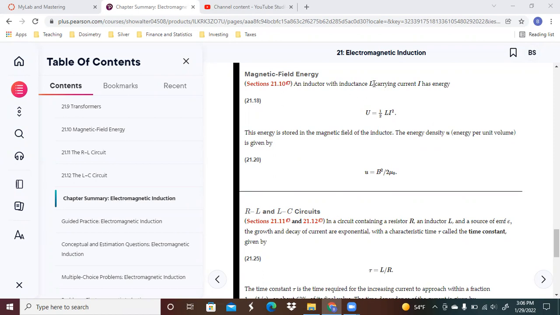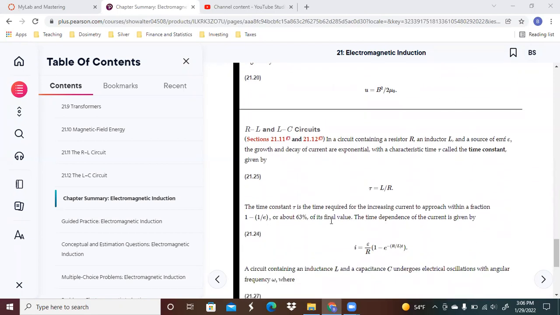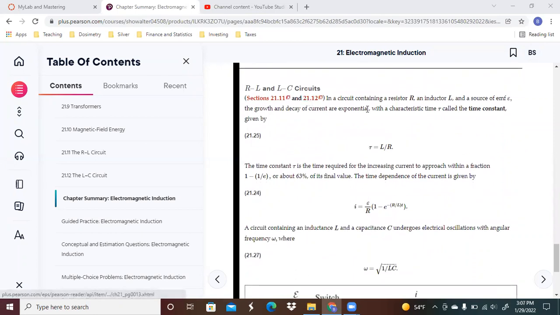An inductor with inductance L carrying current I has a particular energy, 1/2 Li squared. This energy is stored in the magnetic field of the inductor. The energy density, or energy per unit volume, is going to be given by B squared divided by 2 mu naught. And then RL and LC circuits,